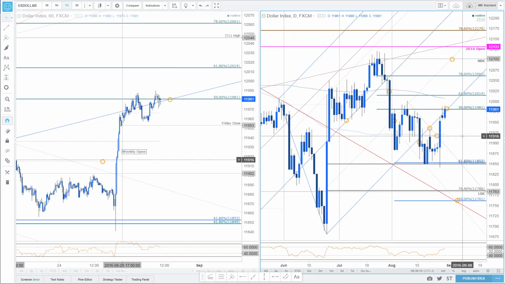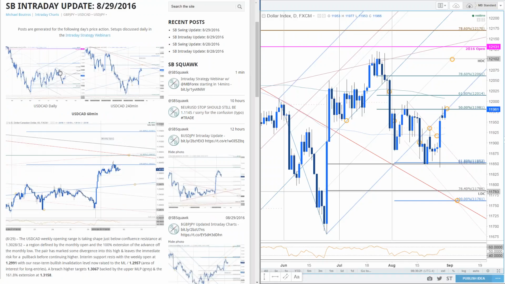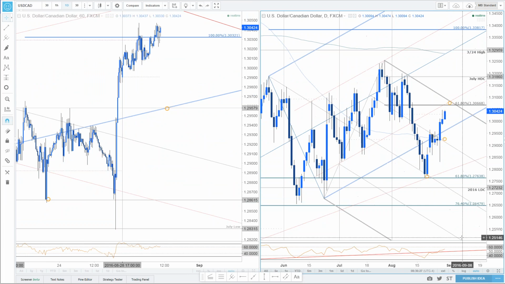Okay, let's jump into the good stuff from last night, dollar CAD. Here's what we were looking at. I still haven't taken anything on dollar CAD, and we're basically looking at the same thing that we're looking at with the dollar index here. I'm just looking for an exhaustion high near term. Keep in mind, we've made quite a stretch from that major key support that we came off of last week,